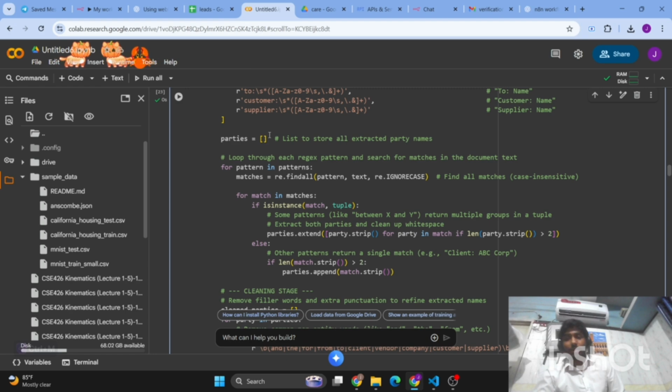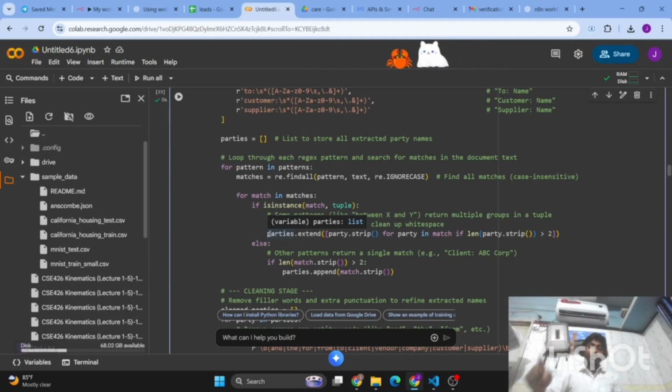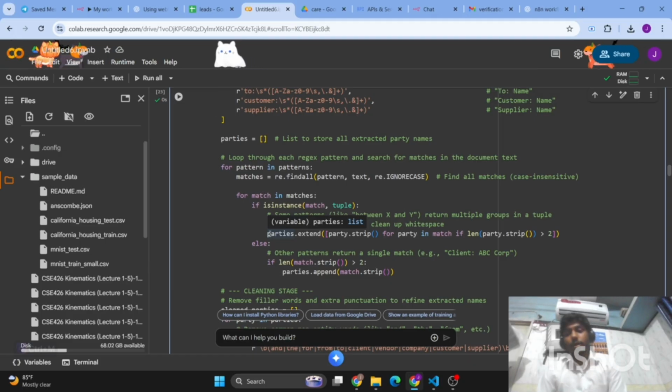So here you can see find all matches and case sensitives. And we take another for loop with some patterns like x and y, and multiple groups in a tuple, to extract both parties and clean up the white spaces. So the party extend, the strip function is used, and they use another for loop, for party in match, if the length of the party strip actually reduces, it cancels the white spaces, and there's a condition,